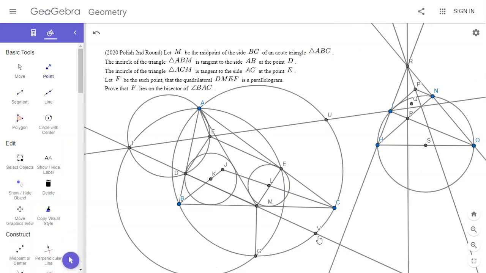I wonder if that means VMFU is cyclic. That doesn't look true. No. No, we would have to